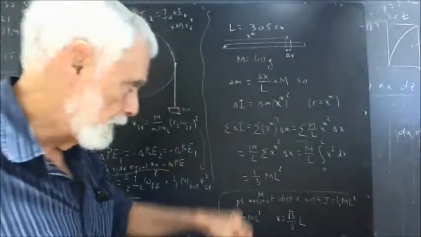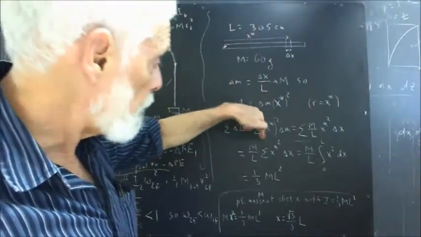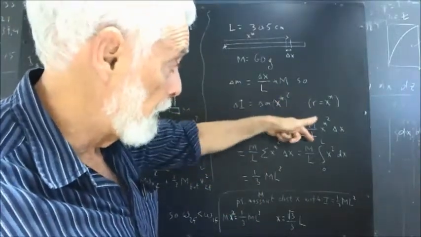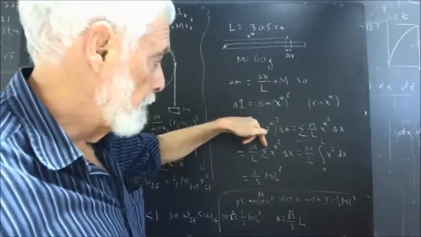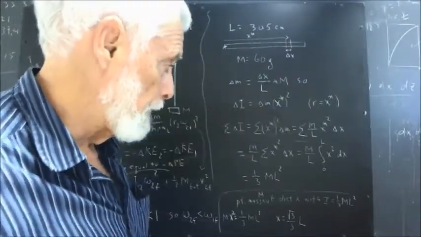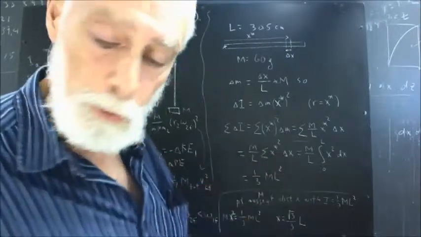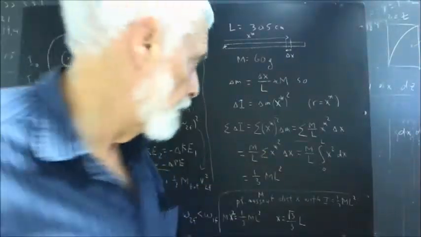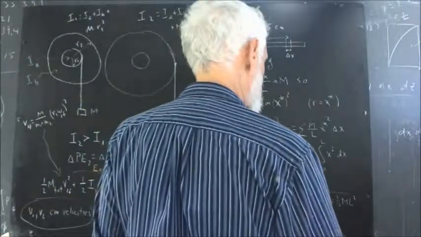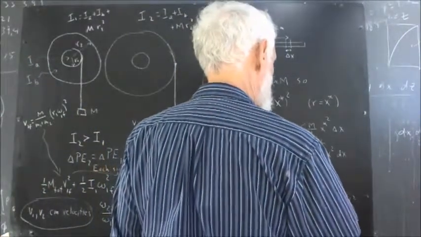No compelling reason to do that. Factoring out the m over L, which is constant, from the sum, we end up with the sum of x star squared delta x. And that sum is going to approach, and I have an equal sign there where I should have an arrow, so this is going to approach